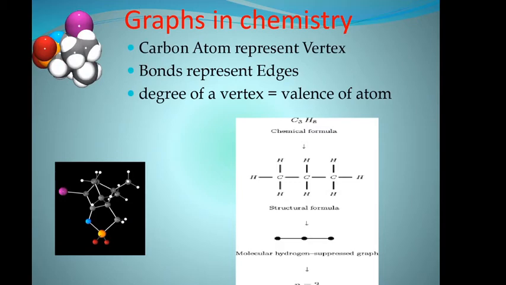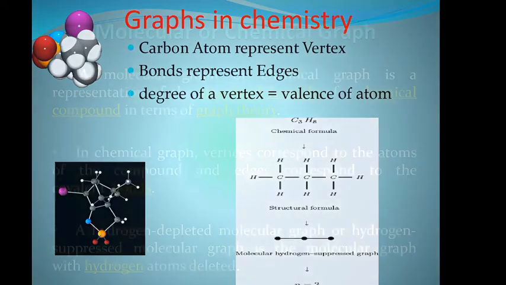See how graphs are constructed in chemistry. This is a propane molecule, and the propane molecule is converted to a graph P3 here. Carbon atom represents the vertex, bonds represent the edges. Here the degree of the vertex is nothing but the valence of the atom. So using this concept,